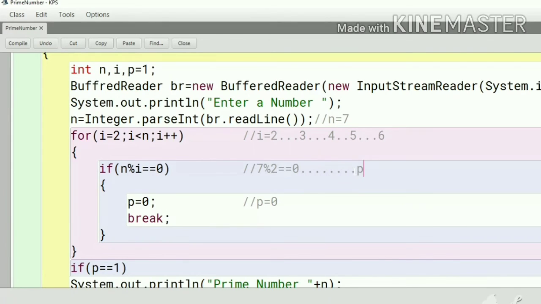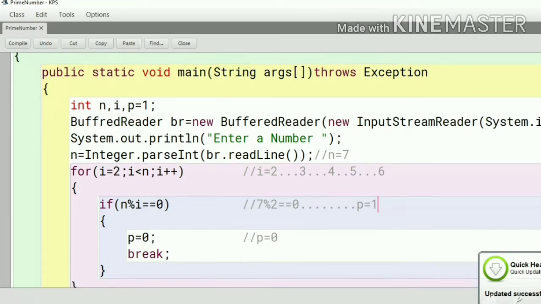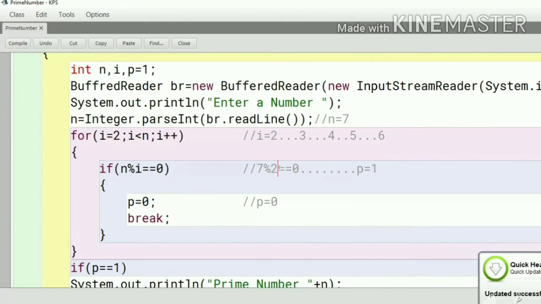So p will be 1 only, it will remain the same. Next time i will increment, it will be 3. 7 mod 3 equal 0? No, it is not satisfied, so the p value will remain 1.